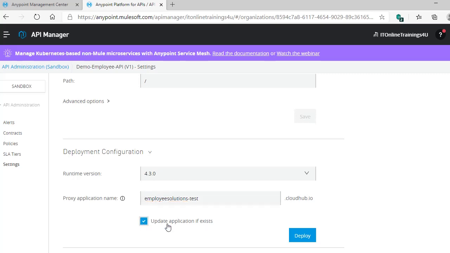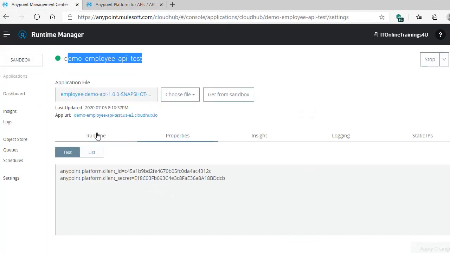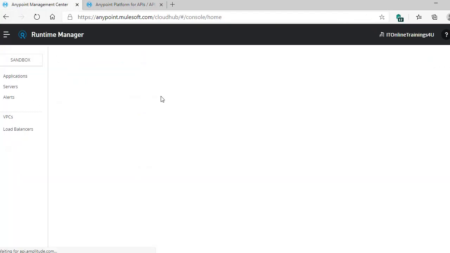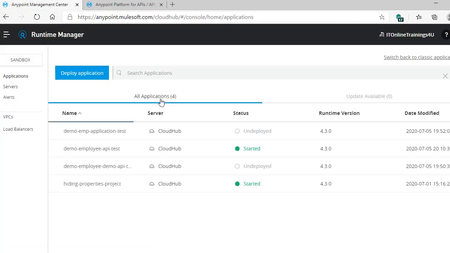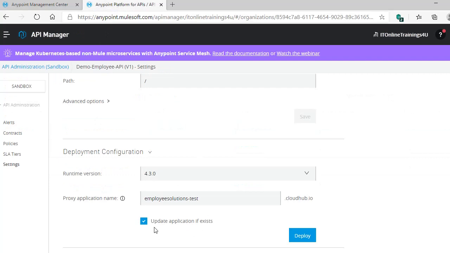So you can select this box, update if application already exists. What this means is, if any application is already deployed with this name, it will update this application actually. As we are deploying this for the first time, this application is not available in our runtime manager. If you can verify, employee solutions hyphen test application is not available in our runtime manager. So we don't need to check this, but just for the safe side, you can check this box